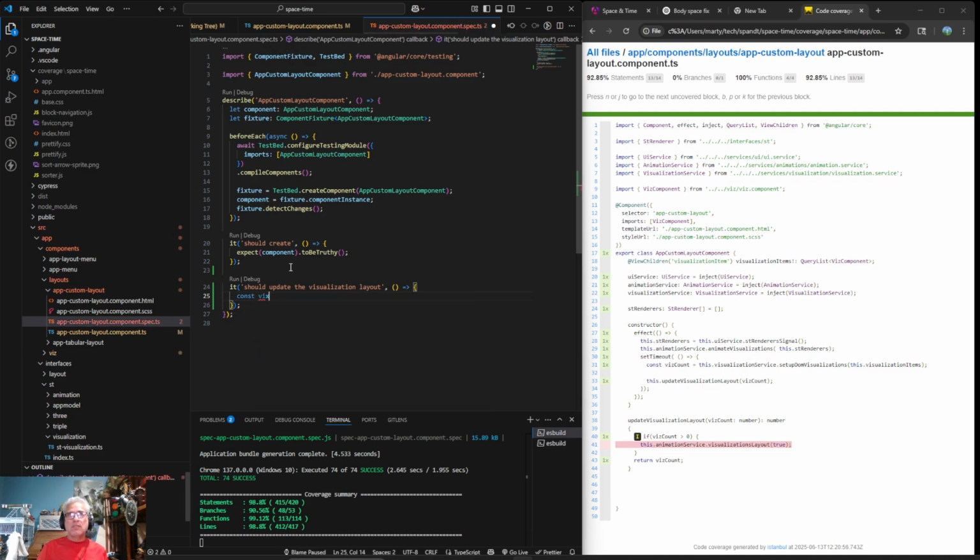So inst viz equals, let's just say 5. I don't know, I think this should work.